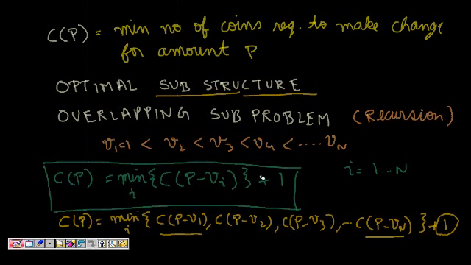So this is the powerful recursive equation, and it follows both optimal substructure and overlapping subproblems. So this is a recursive solution, and we are assuming that when I have already got optimal solutions for smaller problems or subproblems, I use them to find the solution of the bigger problem. So let's see this with one example.